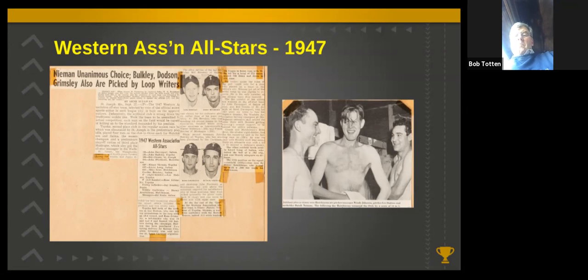And on the newspaper clipping here, this is the all-star team from the Western Association for that league. You've got Lee Dodson, who was the right-handed pitcher. Ross Grimsley was the left-handed pitcher. John Bulkley Jr. was the second baseman, and Butch Neiman was in the outfield on that all-star team. On the right side,